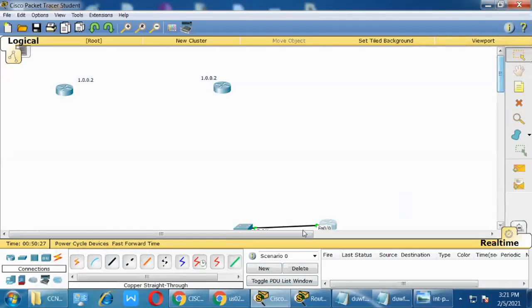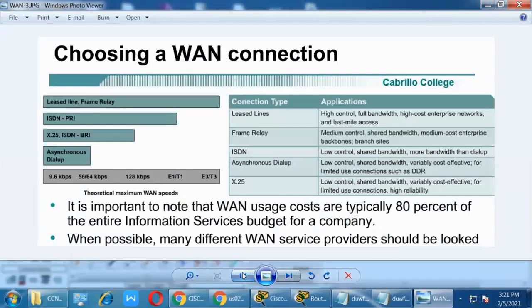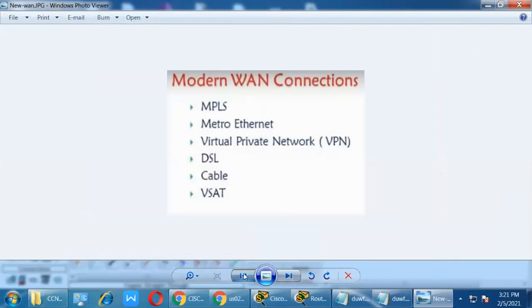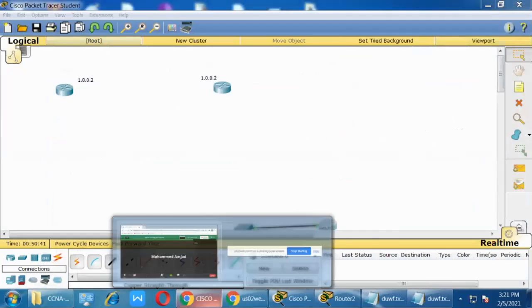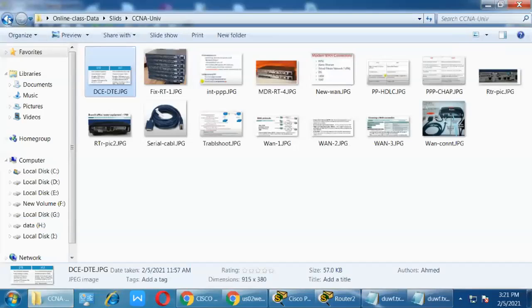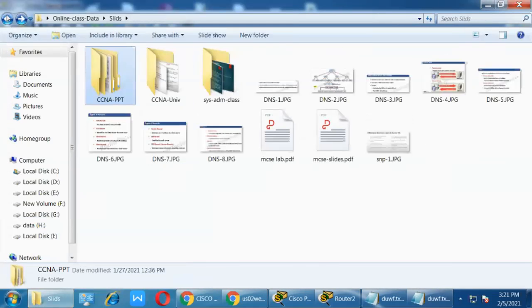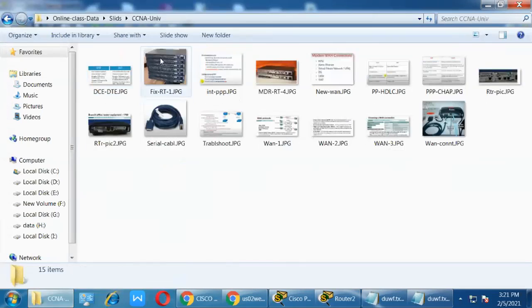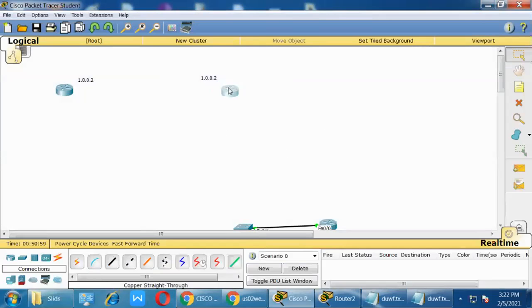But the problem is we don't have any modem. On the company side, it will provide one modem, but here we are not inside the company, right?